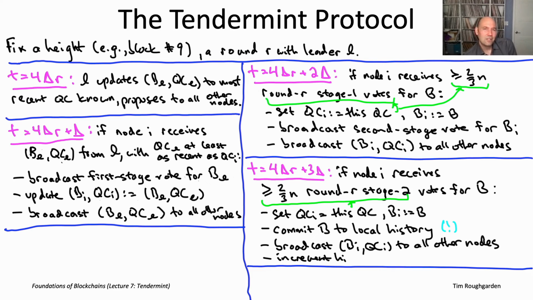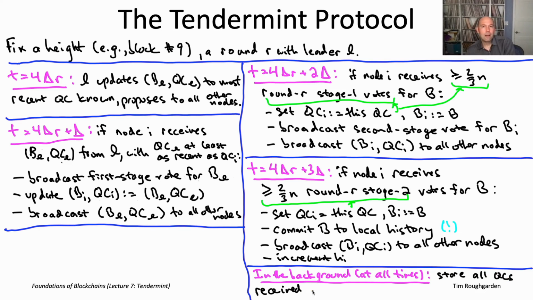There's just a couple final details left, which concern interaction between different block numbers. Remember, I encourage you to think of the single shot consensus instances as basically completely independent, not interacting at all. It's not quite true, so let me tell you the minor exceptions. It is true a node will completely ignore any messages from previous blocks. If you're working on block number 9, you hear something about block number 7, you're like, who cares? I already know what block number 7 is, I'm just going to ignore you.